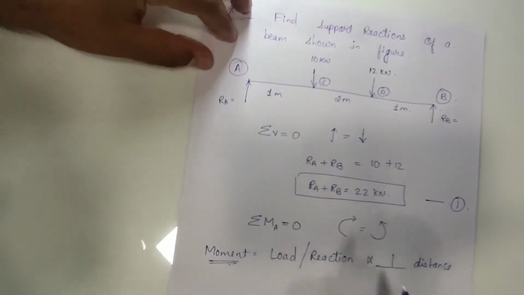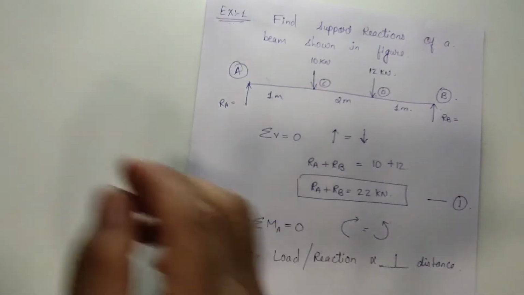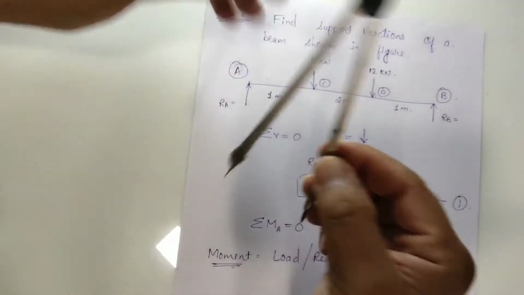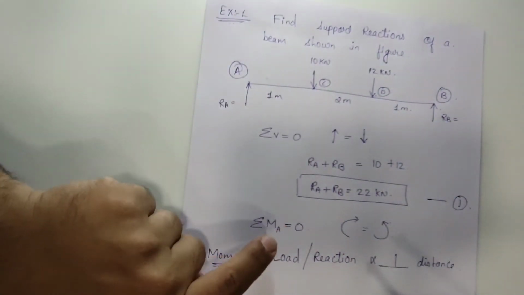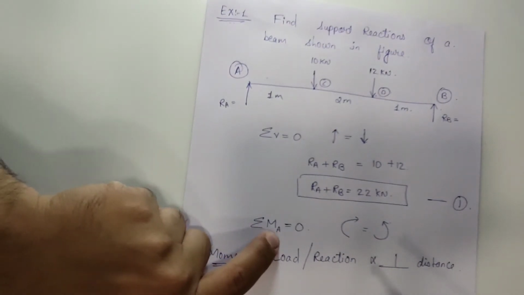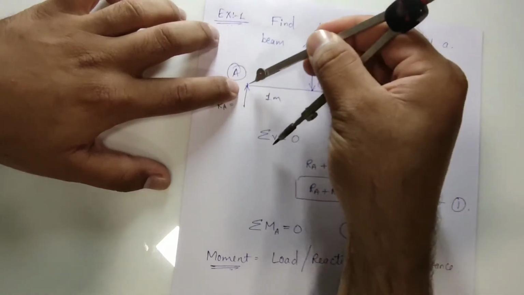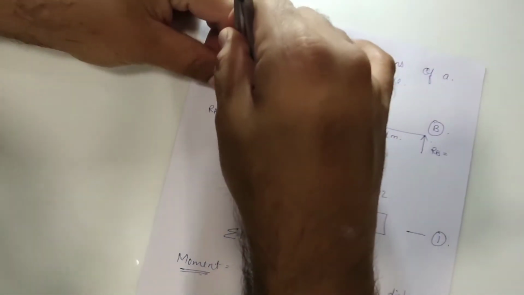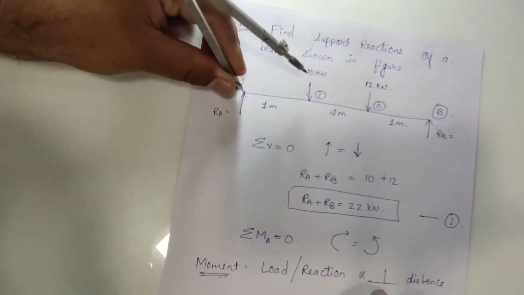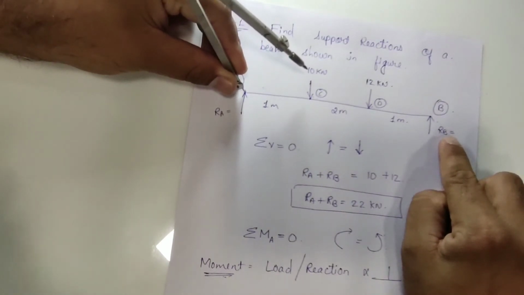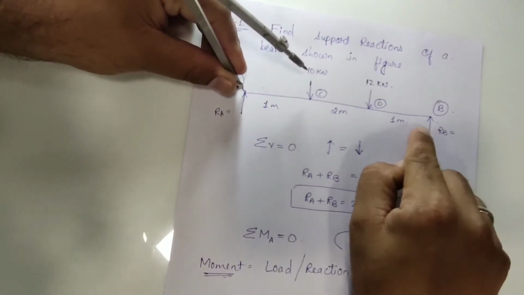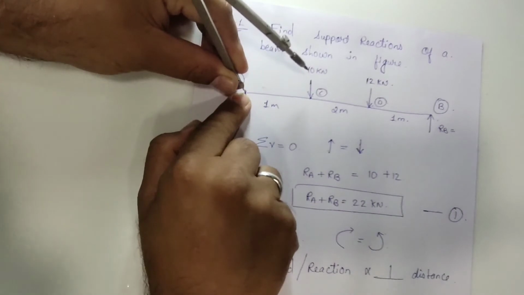Now how will I denote it? I can take an example by taking this compass. So I have taken the summation of all the moments at A equal to 0. So I have to make A the center. Now I will start from over here and resolve every moment at A only.